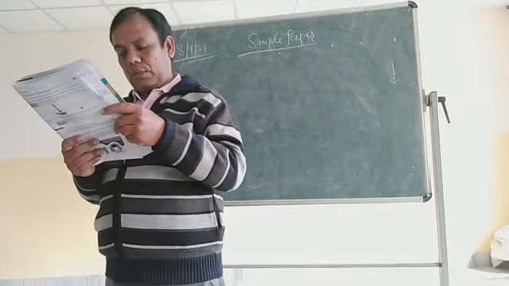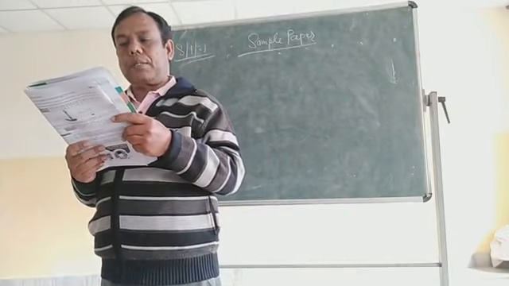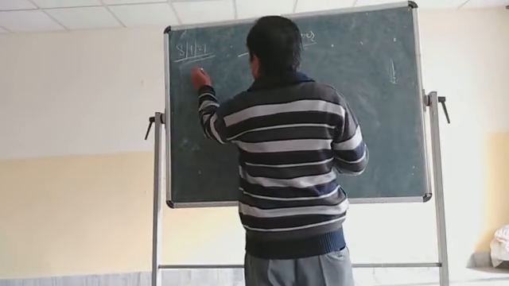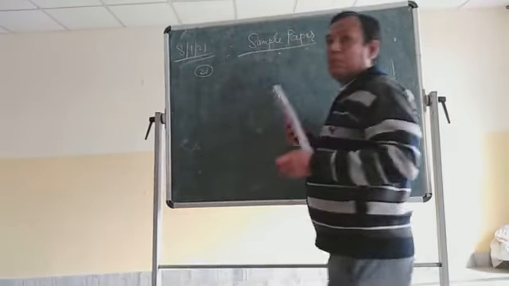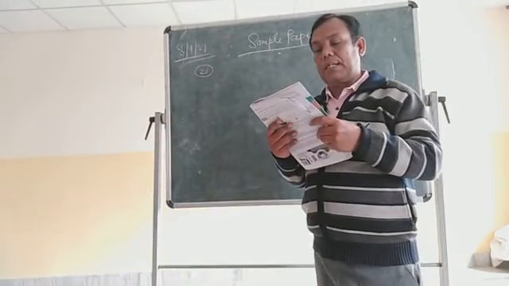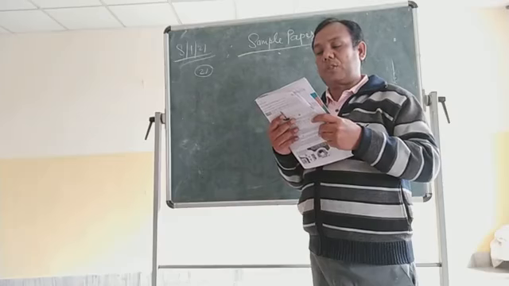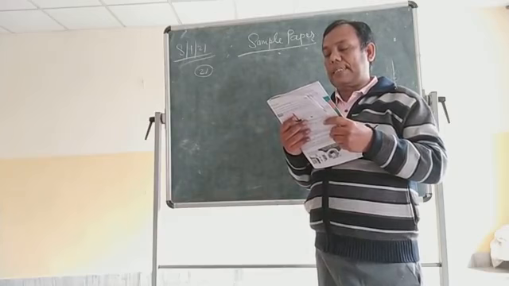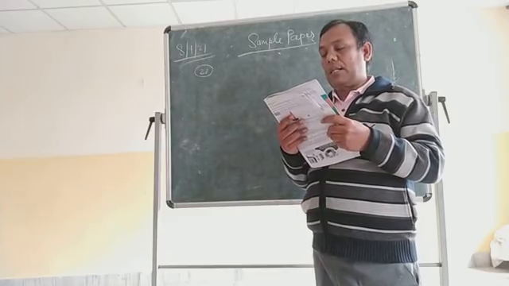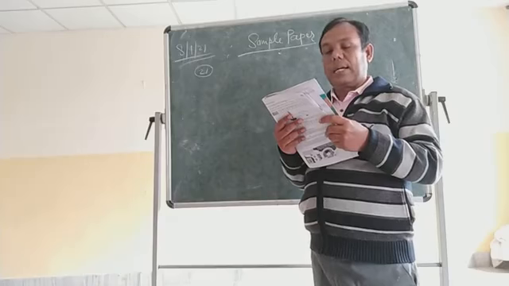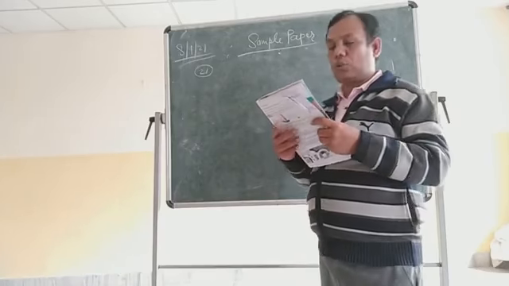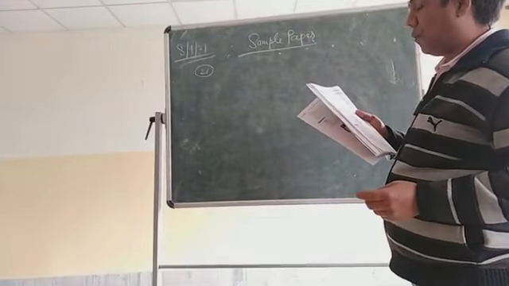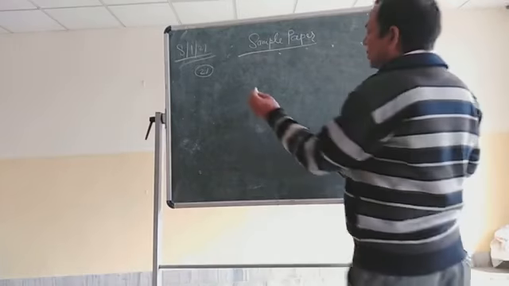So today we are going to proceed again with the CBSE sample paper, question number 21. The question is: 3 bells ring at intervals of 4, 7 and 14 minutes. All 3 bells rang at 6 am. When will the 3 bells ring together next? So what we'll do is first find the LCM of 4, 7 and 14 minutes.